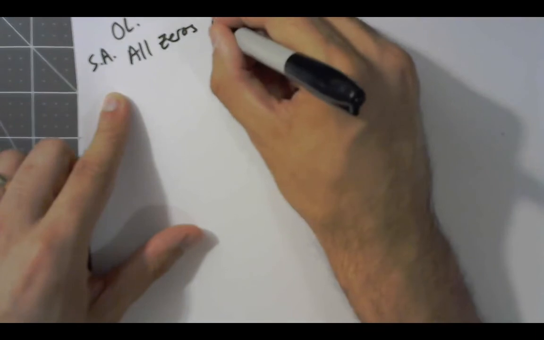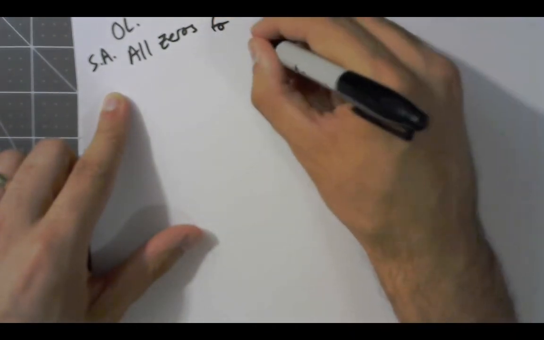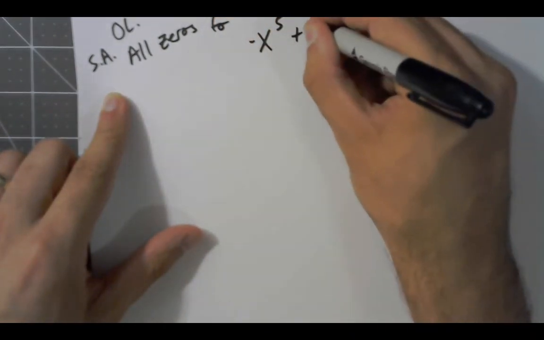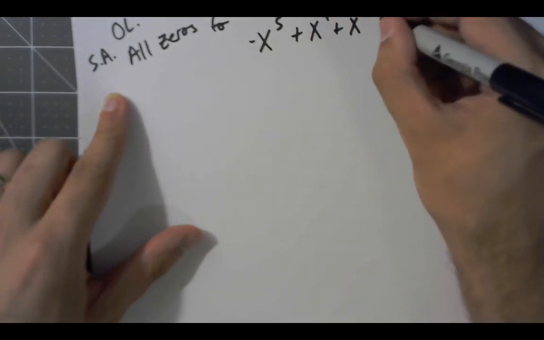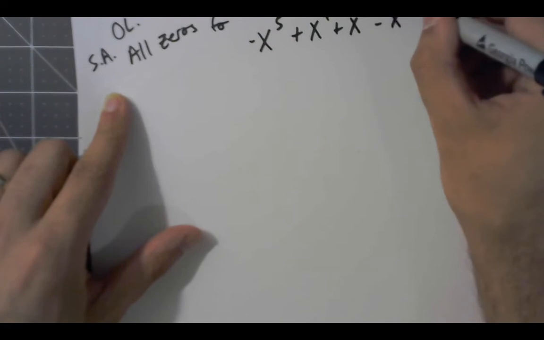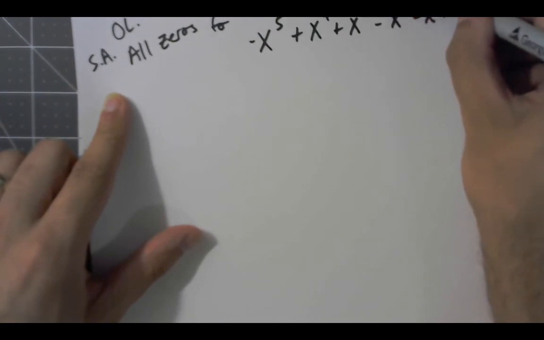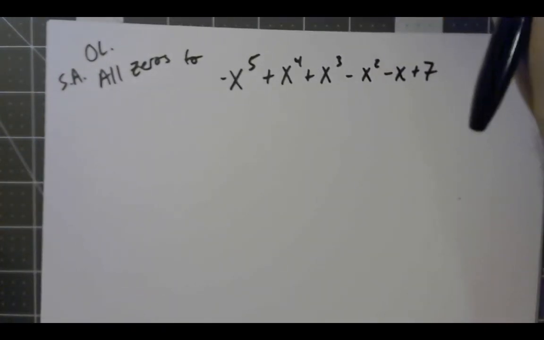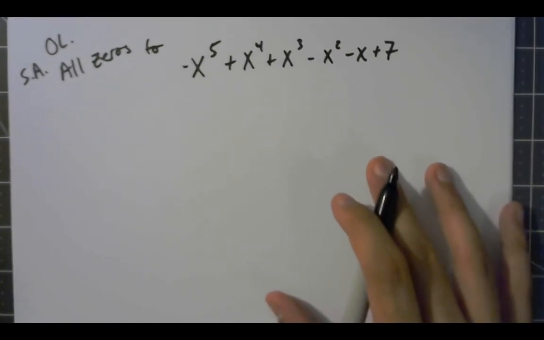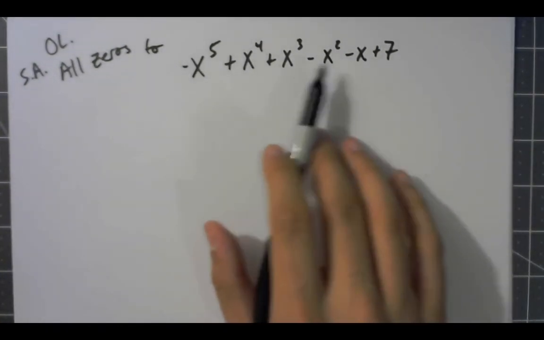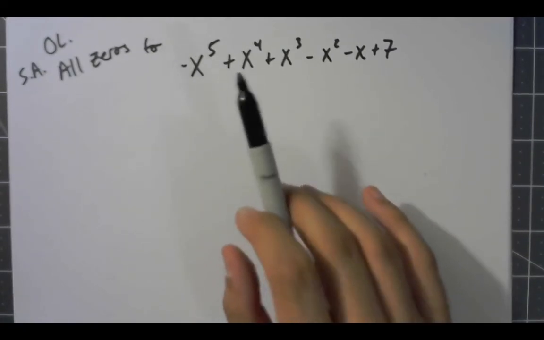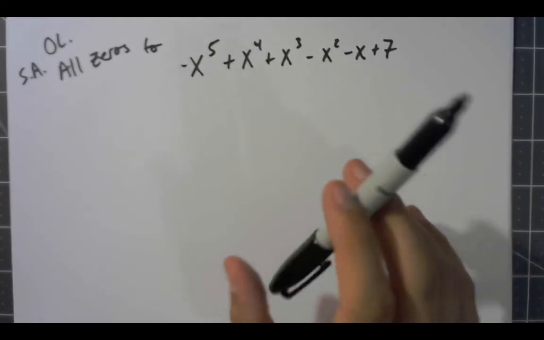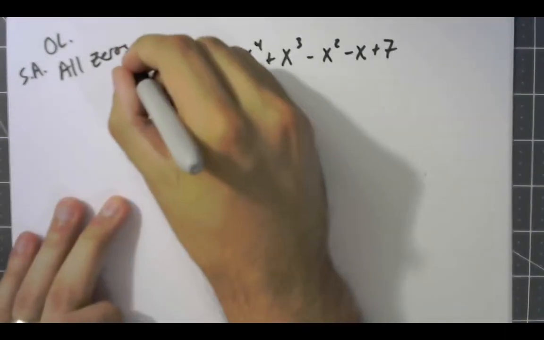All zeros for negative x to the 5th plus x to the fourth plus x cubed minus x squared minus x plus 7. Okay. So on level, take notes. This is one of your short answers, not this specifically, but pretty close. We need to find all the possible zeros for this. And what I'm going to do,